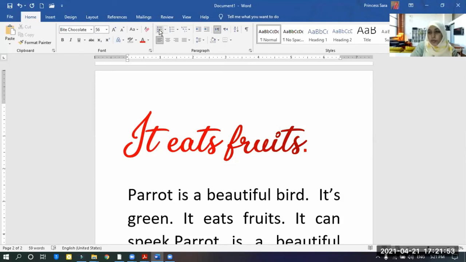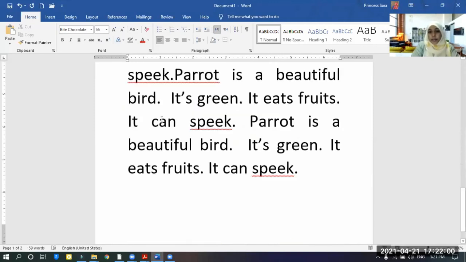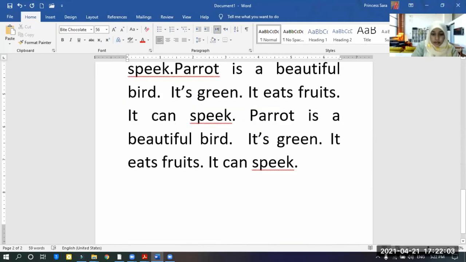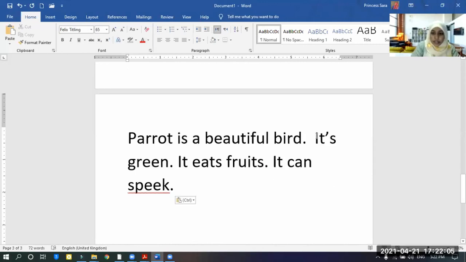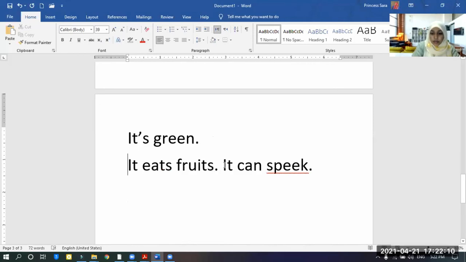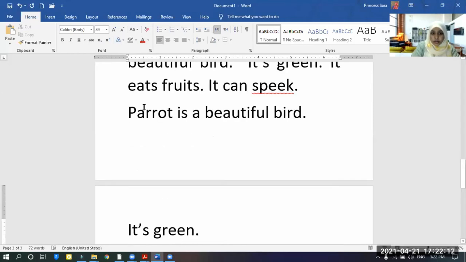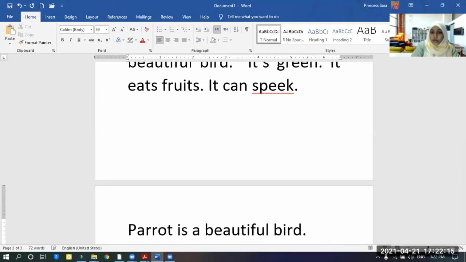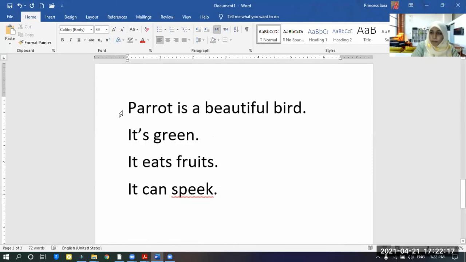There is something called bullets here. What are bullets? Bullets, if you are writing something, for example, we'll say these are point forms. When you are writing in point forms, you are using some star marks, asterisk marks, isn't it? Dash. We are using them. These are called bullets. In computer, we call them bullets.